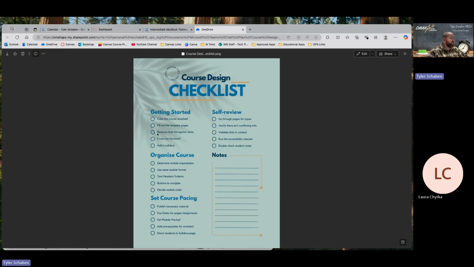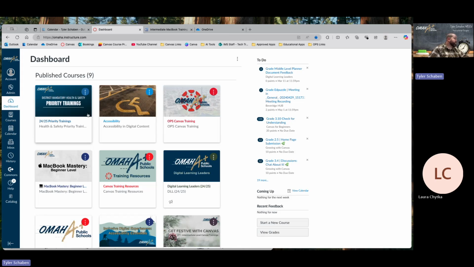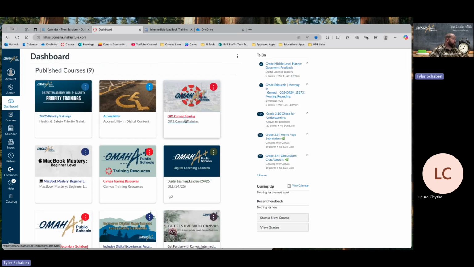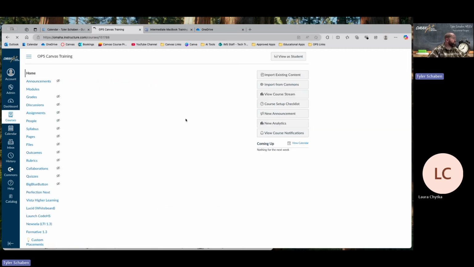And then the first thing that we can do to customize our course is removing and adding navigation items. So if I go to Canvas here, let me just go to, let's find one that's probably going to have an issue. So if I click on this course,